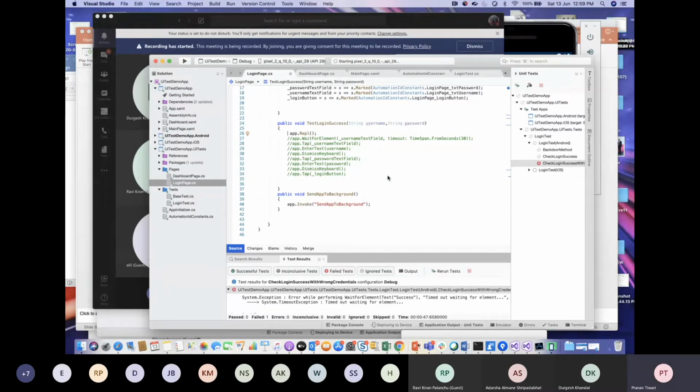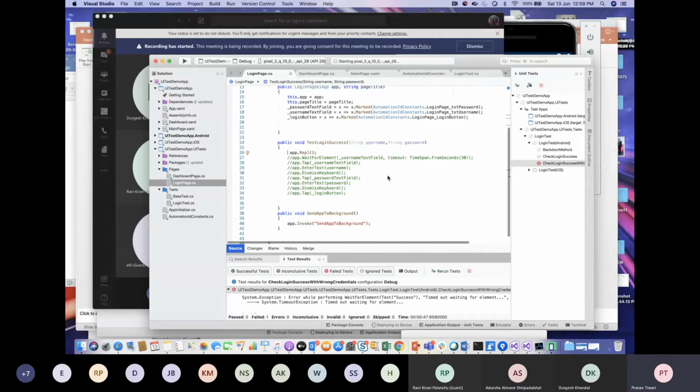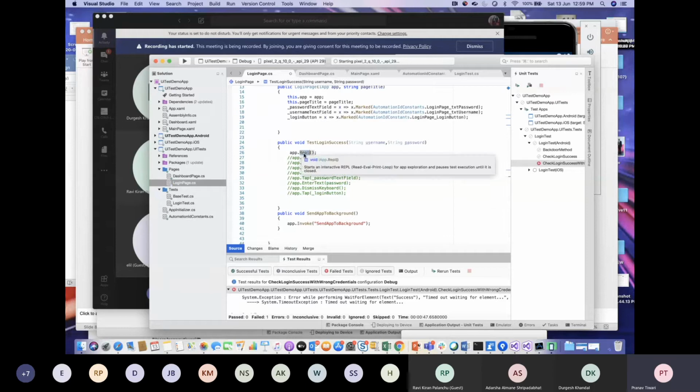So now I have to get all these IDs. I don't know anything. What is username? What is password? So there's a command with the name REPL. With our app instance, we are going to call this REPL command and we'll see what will happen. As of now, I have removed everything and I'm again going to run my test case. So we'll see what happens.